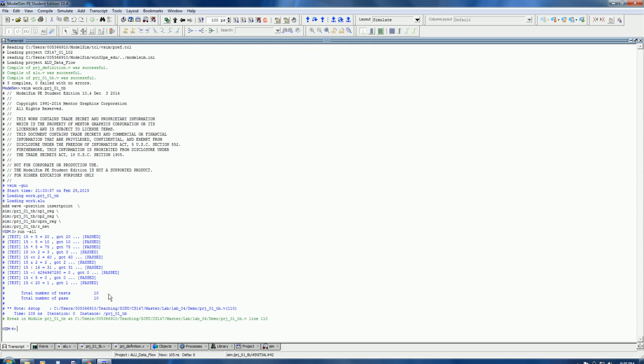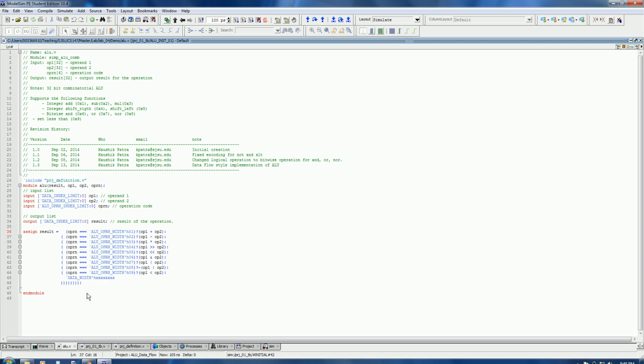I hope you will do this experiment yourself and read and try to understand all the modeling aspects of data flow modeling as exemplified in this ALU model. So good luck with your